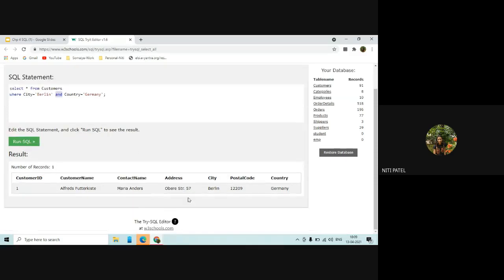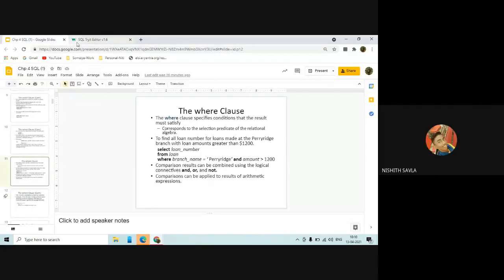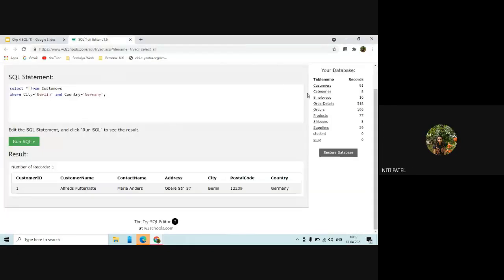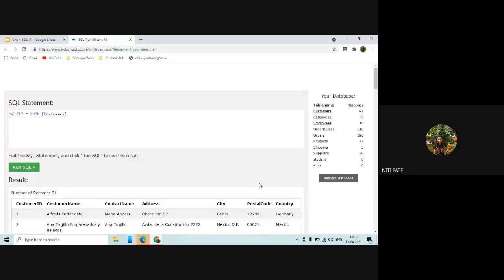So when I display the output, I get only one record where city is Berlin and country is Germany. What record will you get? The entire record. Why entire? Because I have told star. Are you understanding this? Yes, ma'am. Everybody? Yes, ma'am. Okay. Can we have one more question on this?